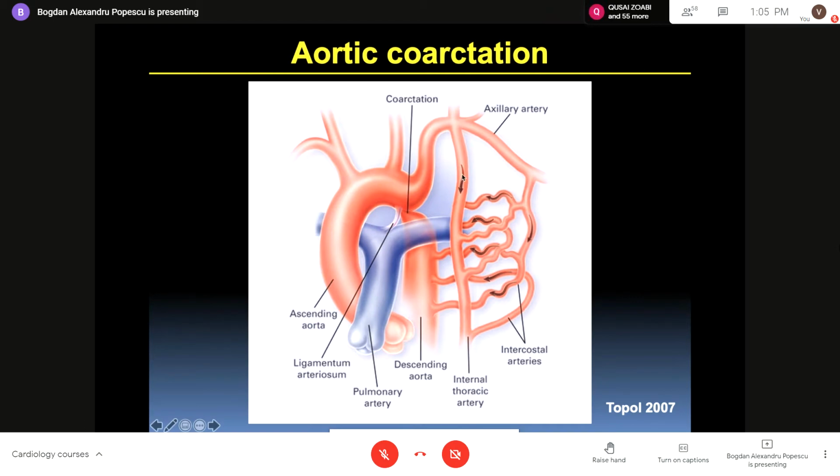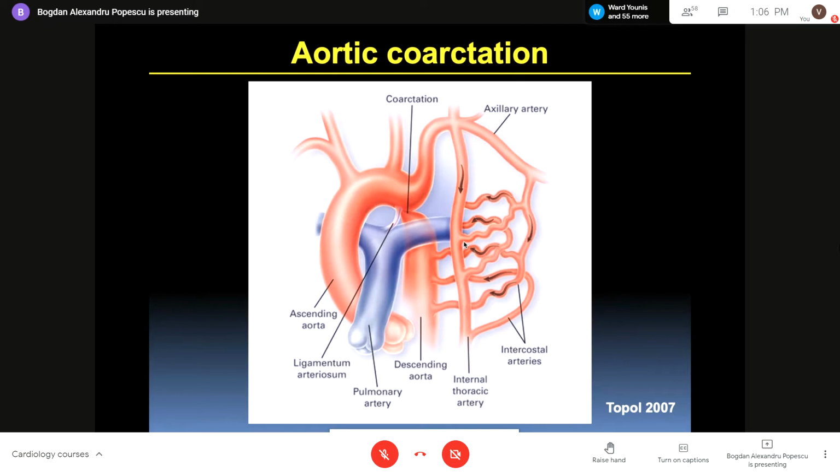However, one more thing for you to remember from the anatomy: we have an artery called the internal thoracic artery coming from the subclavian artery. And this artery is very important in patients who have coronary artery disease. Why is it so? Do we use it for anything? Do we have an idea? Yes, for bypass. Sure. So this is a very common graft that is used, and is actually the one that you should aim for.